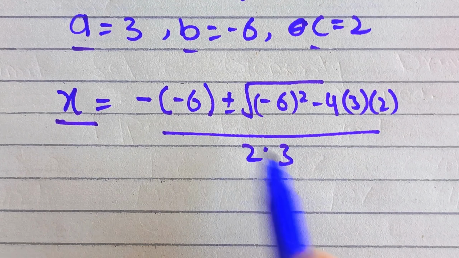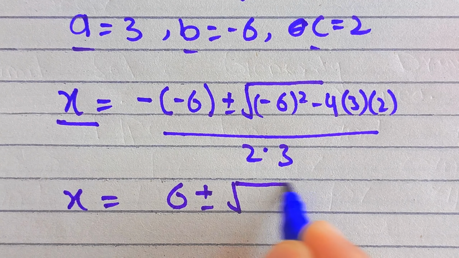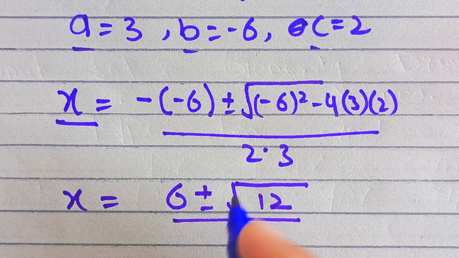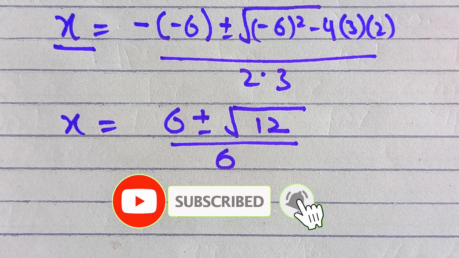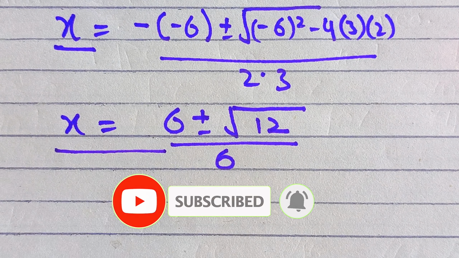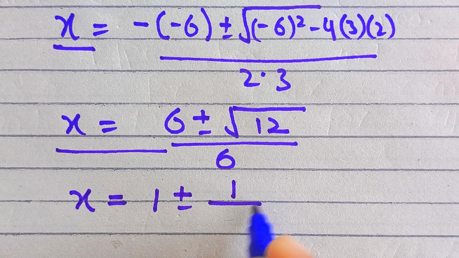Now simplify this, which gave us x is equal to 6 plus or minus under root 12 by 6. Now again simplify this, which gave us x is equal to 1 plus or minus 1 by under root of 3,